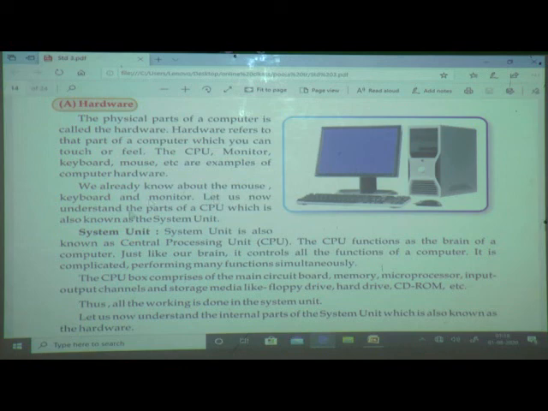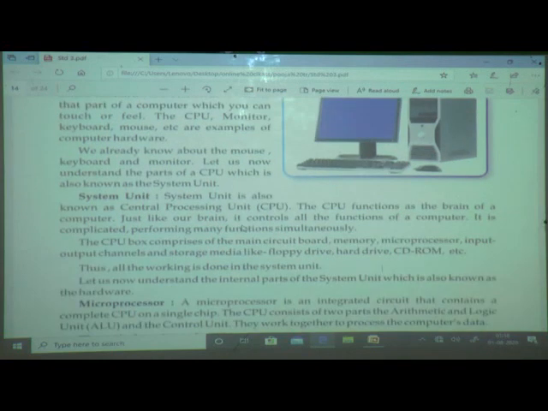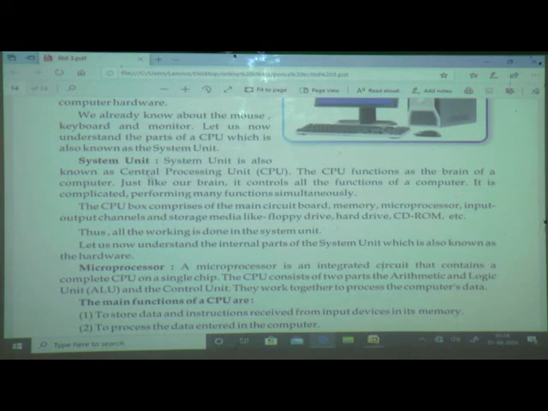Now we will see the parts of the computer, which is also known as the system unit. The system unit is also known as the central processing unit. This is our processing device. Computer parts are divided into 3 parts. Which are they? Input device, output device and processing device. Keyboard and mouse are input devices. CPU is the processing device. What is meant by CPU? The long form of CPU is central processing unit. It is the processing unit, also called the system unit.